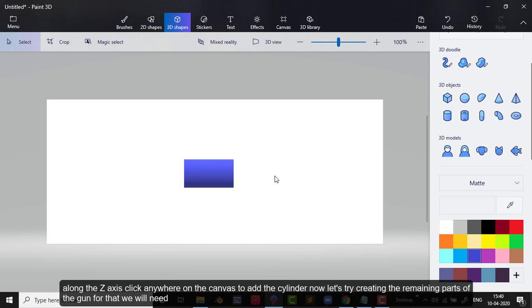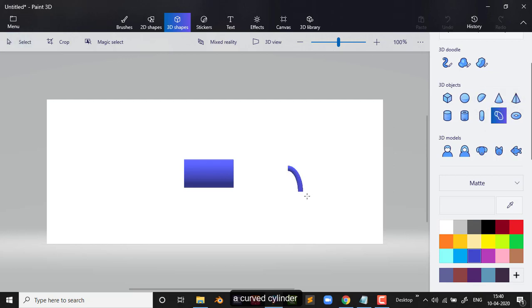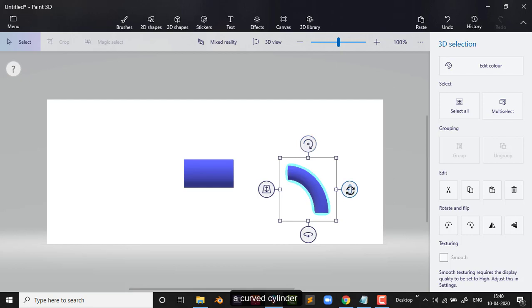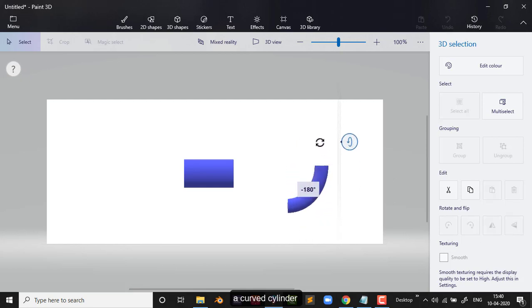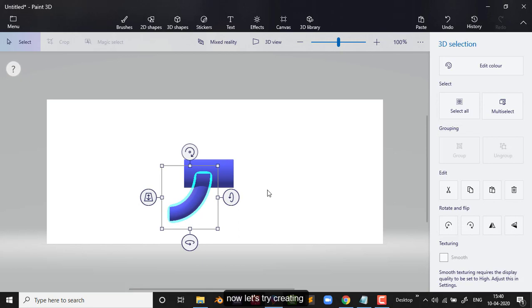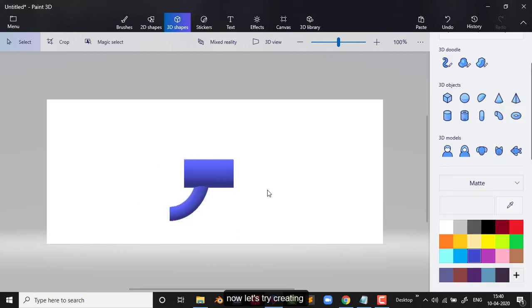Now let's try creating the remaining parts of the gun. For that, we'll need the curved cylinder. Now let's try creating the barrel part of the gun.